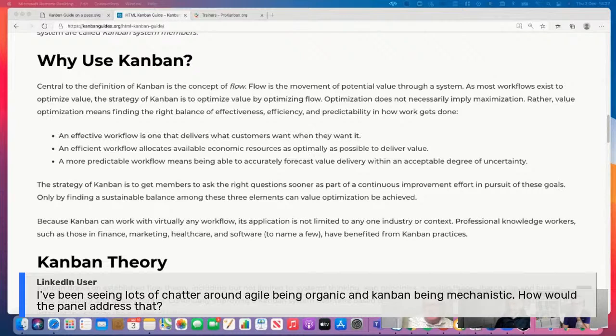And so, a LinkedIn user, unidentified LinkedIn user, right? So I've seen lots of chatter around Agile being organic and Kanban being mechanistic. How would the panel address that? Andy, what do you think? I don't see it. I don't buy into any of those words. Is that good enough? It's a terrible excuse for an answer, but